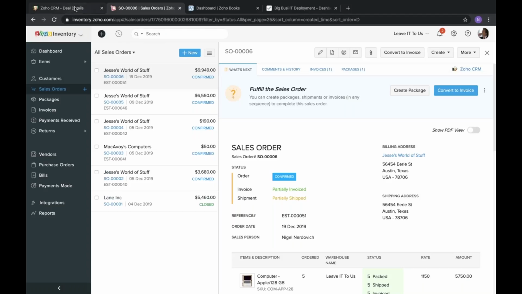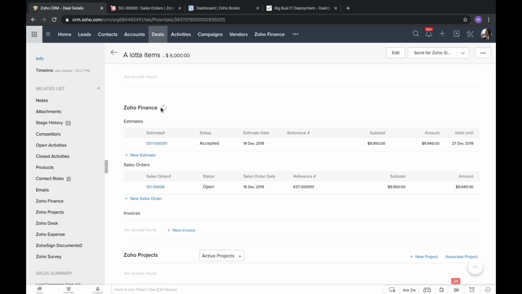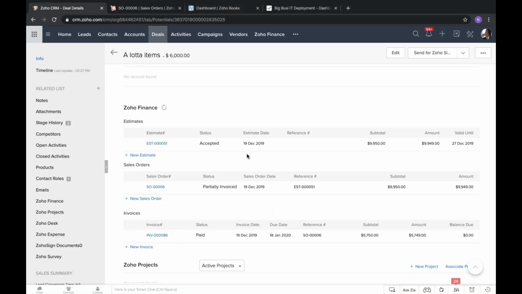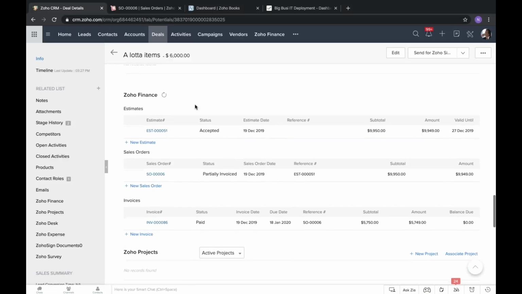So I'm going to switch back over to Zoho CRM now, and I could refresh this. And so the Zoho Finance section now shows partially invoiced. It shows we have one paid invoice in here. I could take a look at any of that